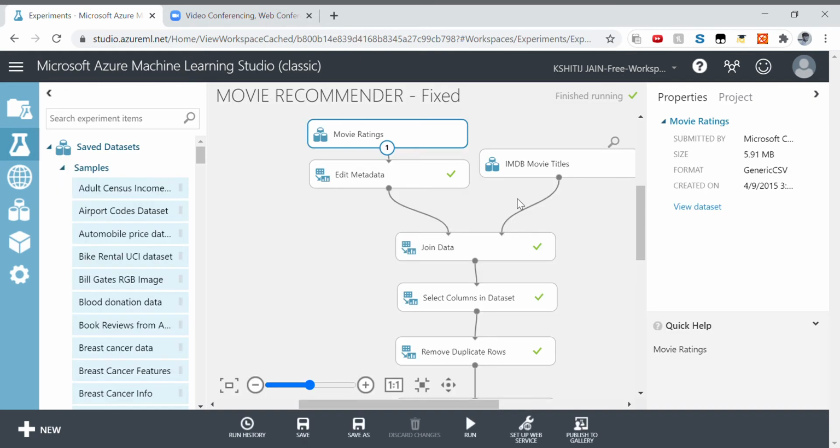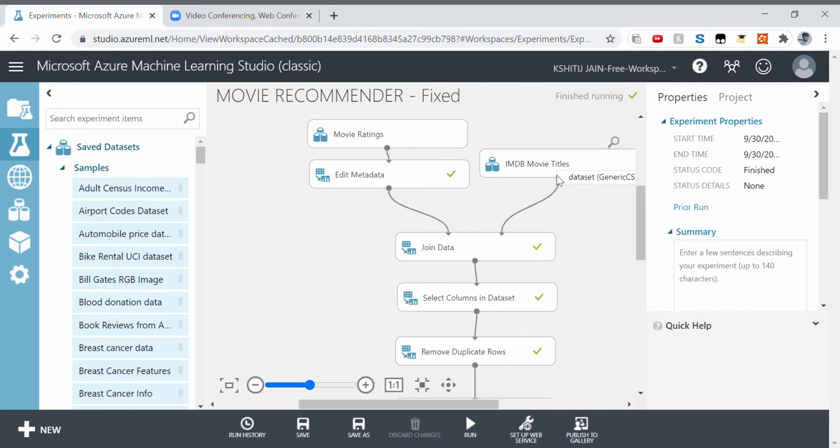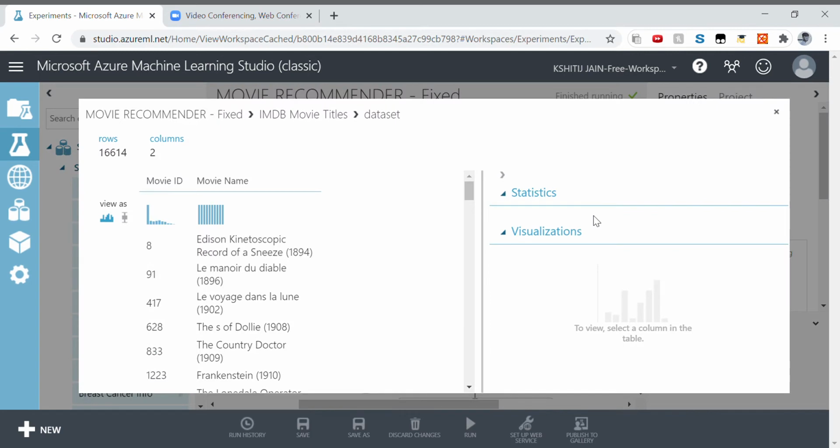Now we will go to the second dataset. As you can see in this dataset, a particular movie id has been given, and for that the corresponding movie name is given.